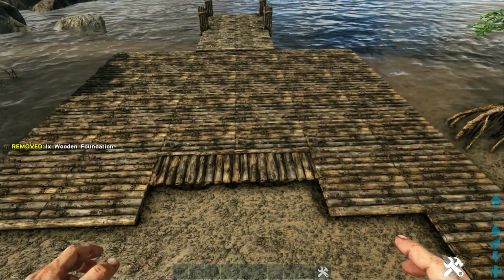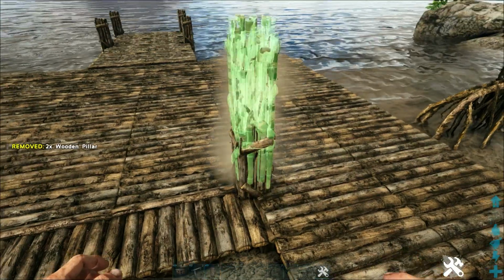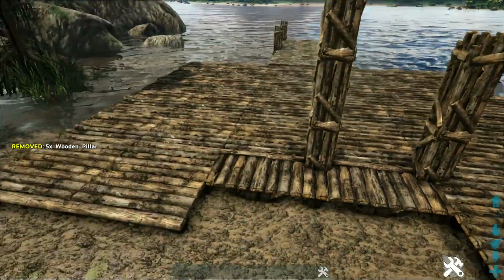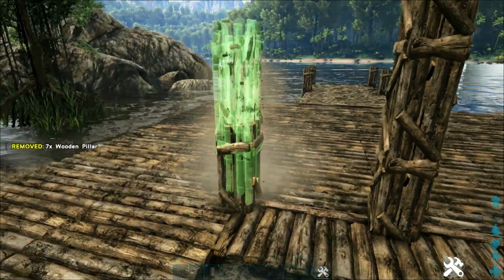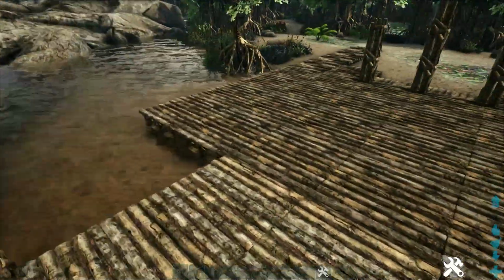Once you have those placed kind of crossing into our original foundations, you can go ahead and add 2 pillars back in that right corner, add 3 pillars down the middle, and then place 2 pillars over here on the left corner. We're now going to head to the back of our build,